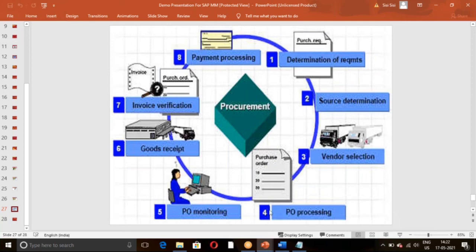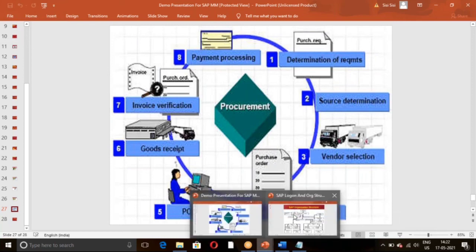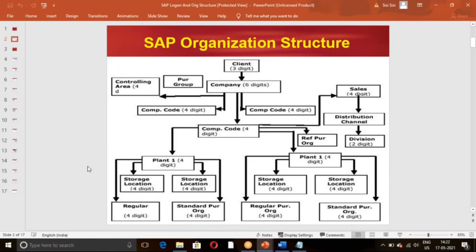So to perform all these activities in our SAP system, we need to design or frame the organization structure in real time. A group of functional consultants will be involved to design or frame this organization structure in real time.